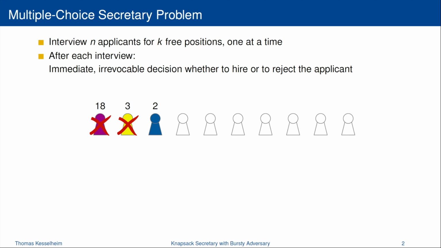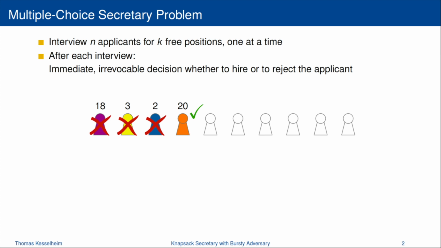In the example on this slide, we've just interviewed an applicant who has value 2, so probably we should reject them because we've seen much better applicants before. The next applicant has a value of 20, and this looks actually pretty good because it's better than anything that we've seen before. So let's assume we accept this.